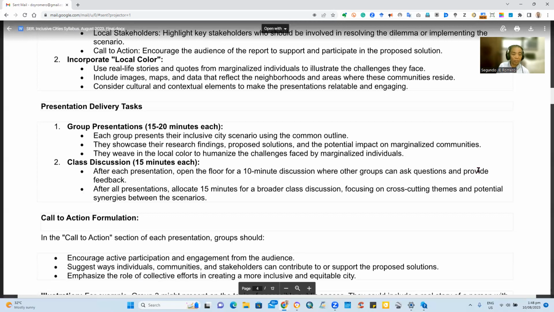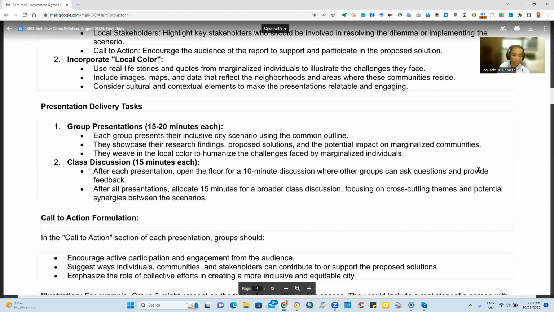Class discussion will be 15 minutes each. After each presentation, we open the floor for a 10-minute discussion where the other groups can ask questions and provide feedback, maybe 10 to 15 minutes. After all presentations, we allocate 15 minutes for a broader class discussion focusing on cross-cutting themes and potential synergies between the scenarios. By the way, there will be two sessions for the group presentations so that we have enough time